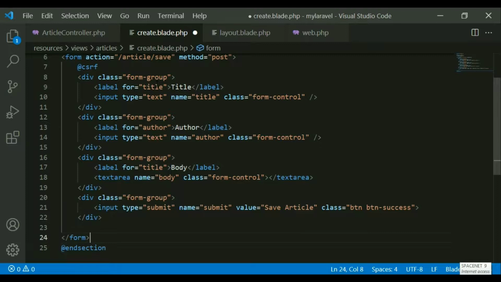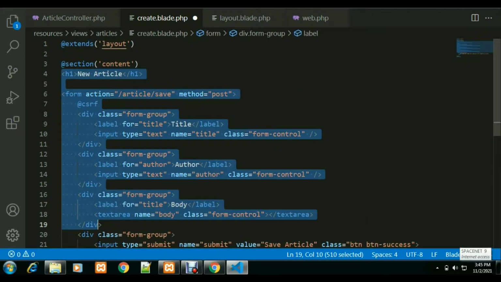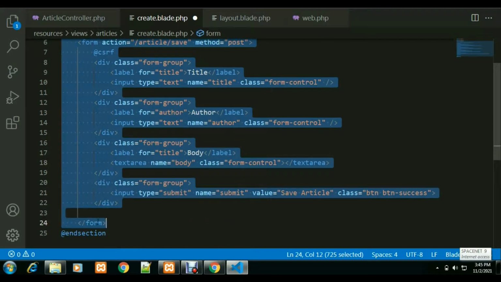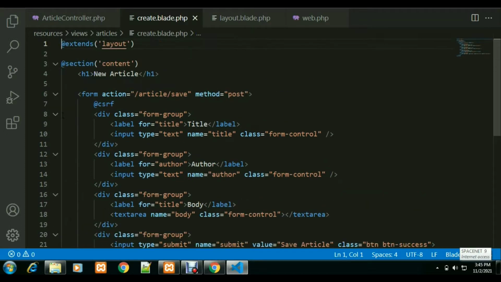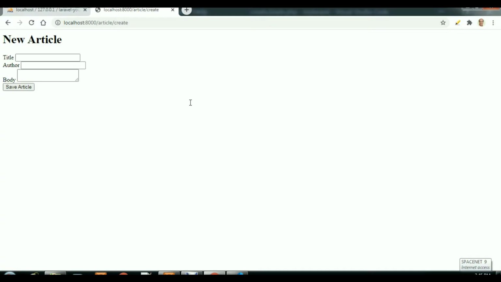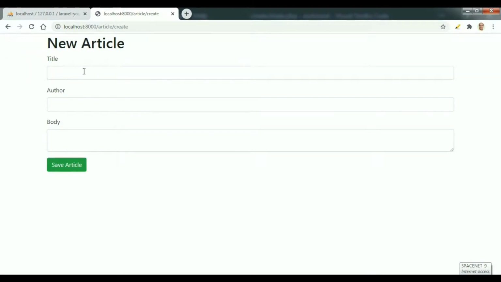So this is the section ended. Just do it like this. The form has now been placed; save the file, and if you go back to your browser and refresh, okay, now it is showing good.